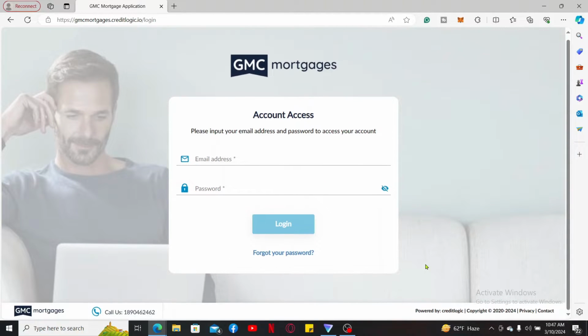Now, in order to access your GMC Mortgage account online, you will need to input your email address and password. Type in your email address correctly in the Email tab and then type in your password in the next field. If you don't remember your password, click on the Forgot Your Password link and follow the on-screen instructions till the